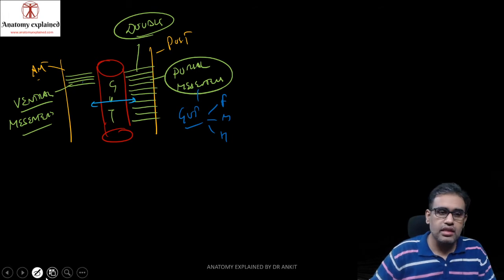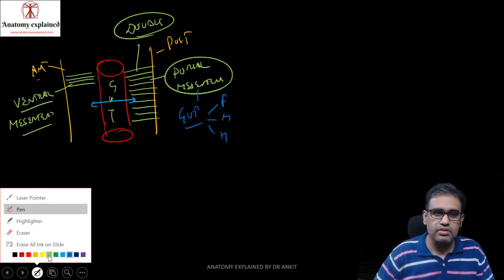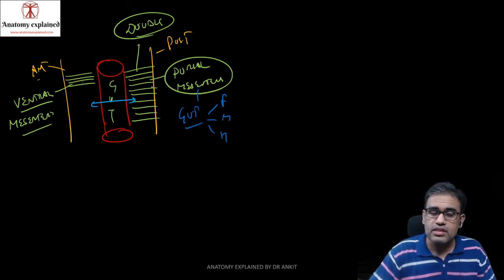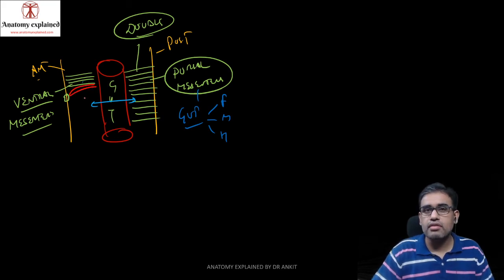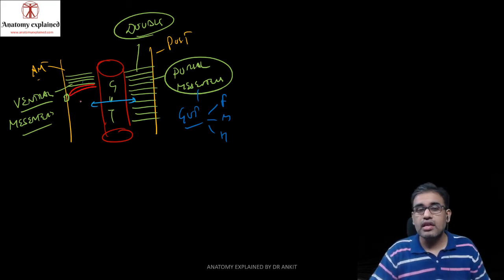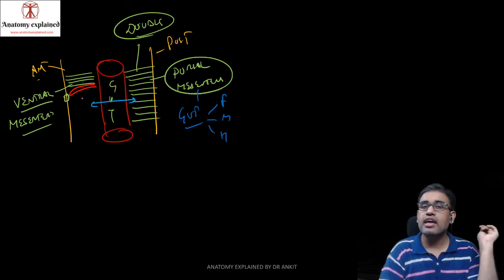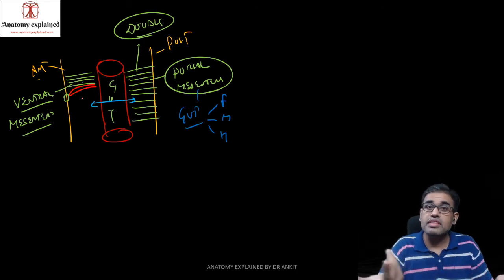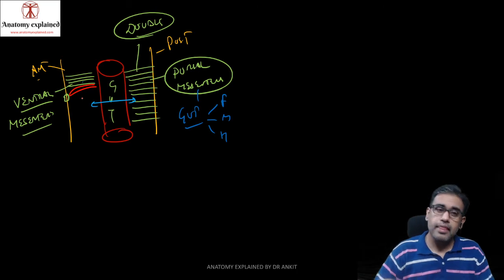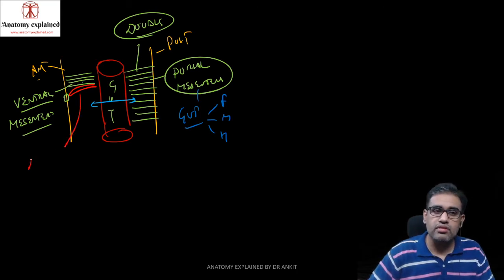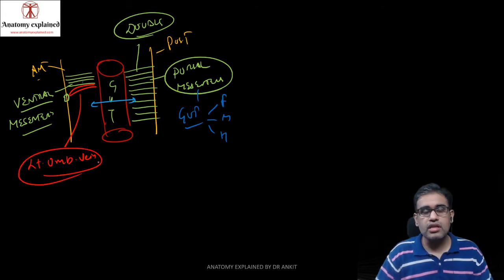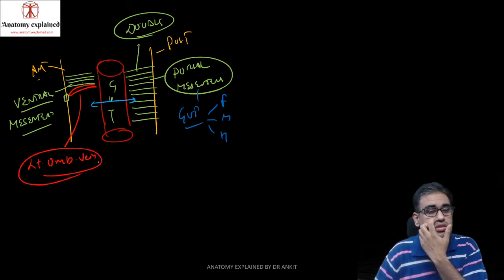Now, in embryonic life, as we discussed in a video on the fetal circulation, from the umbilicus there is a vein which is carrying the oxygenated blood. That was your left umbilical vein. So during embryonic life, we have a vessel that was the lifeline of all of us embryos. That lifeline during the embryonic period was our left umbilical vein. For fetal circulation, you can go through the previous videos. We discussed the fetal circulation over there.